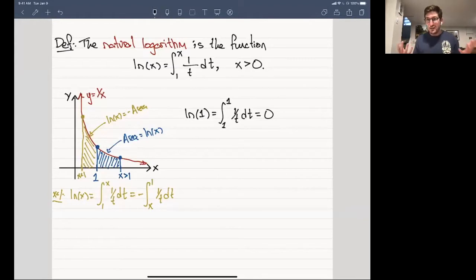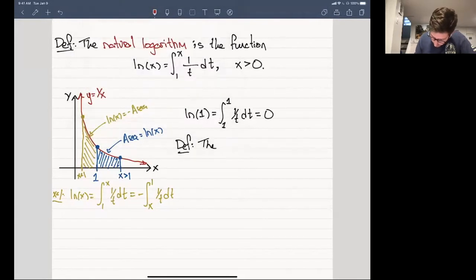But as mathematicians, we really only care about typically 2 numbers, 0 and 1. So we found a root of the ln function. That's when x is equal to 1. So we can ask ourselves, when is ln equal to 1? And we're going to see why this is important as we move on. But in fact, we have a definition to accompany this. And we will say the